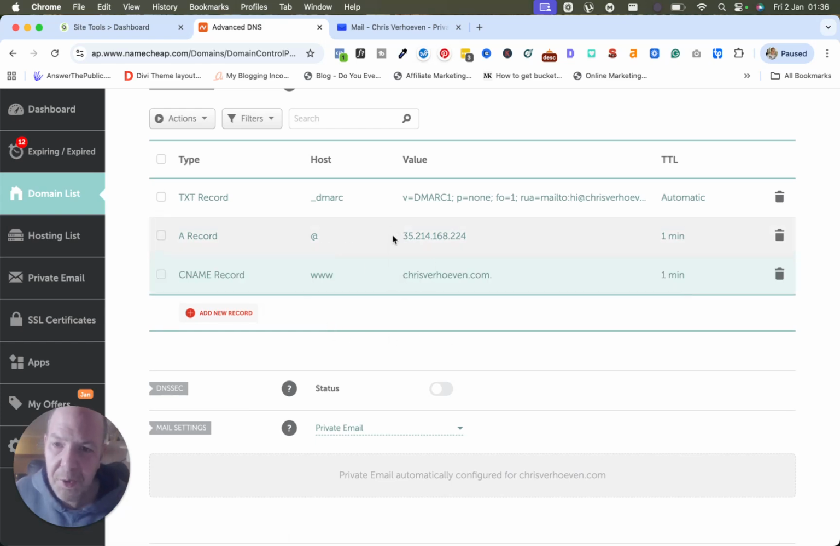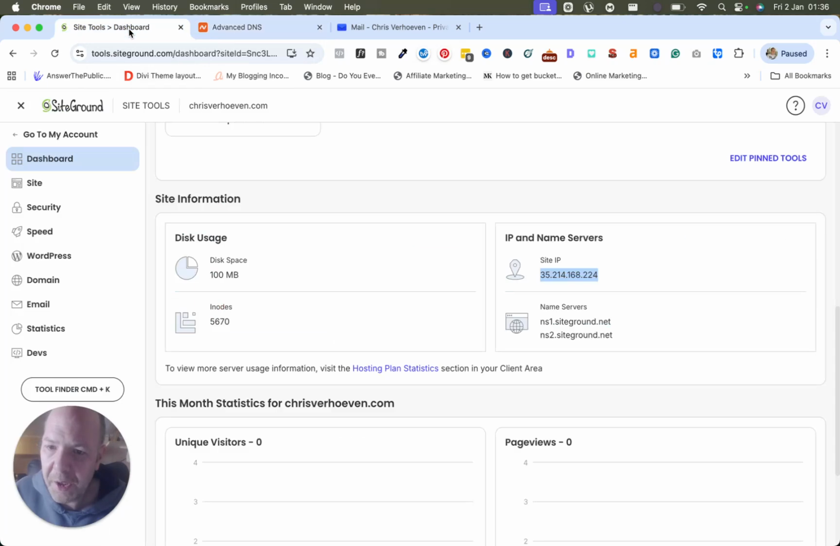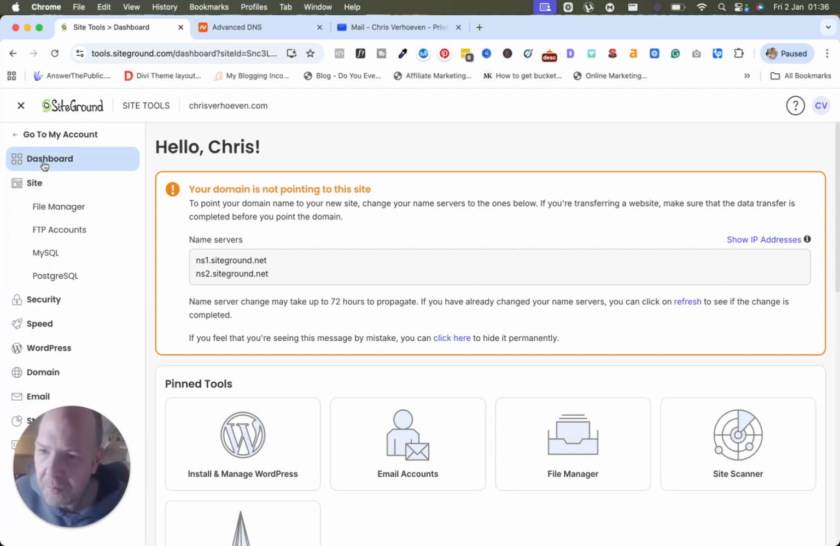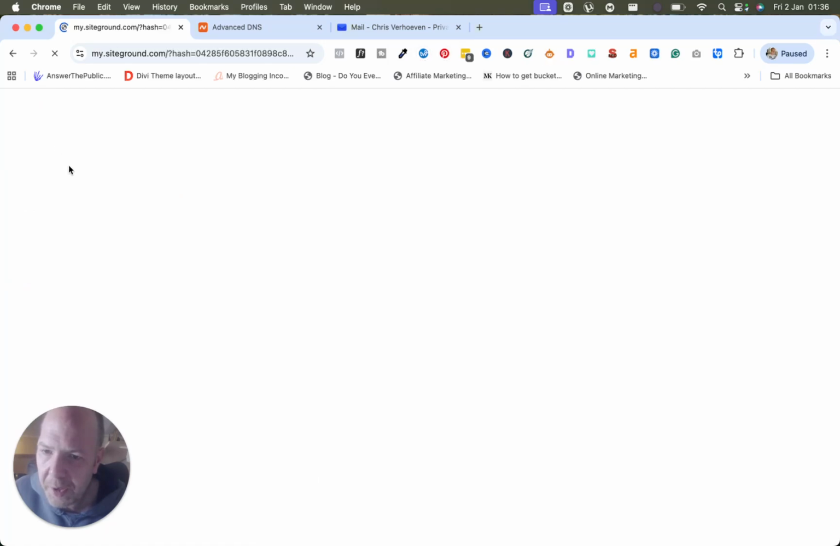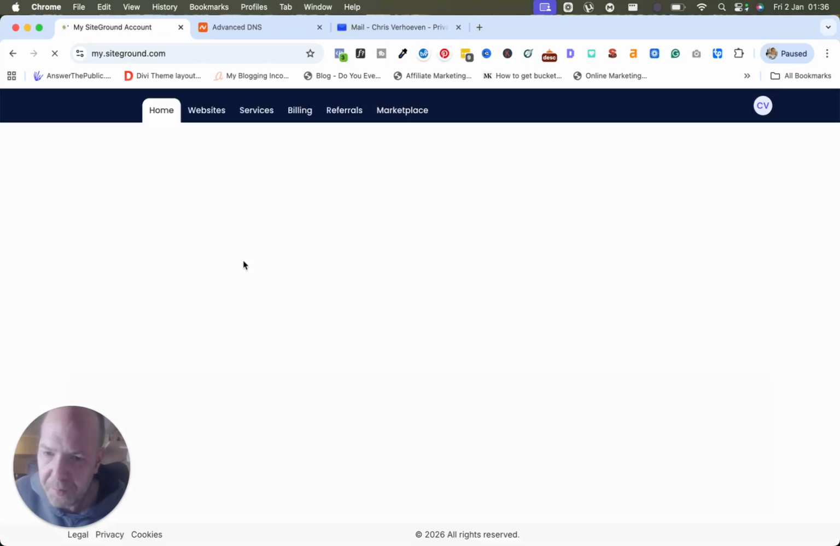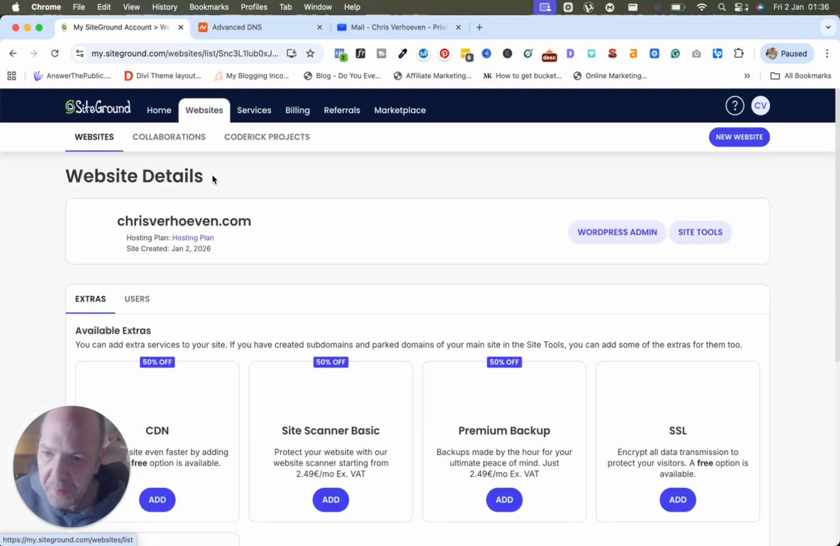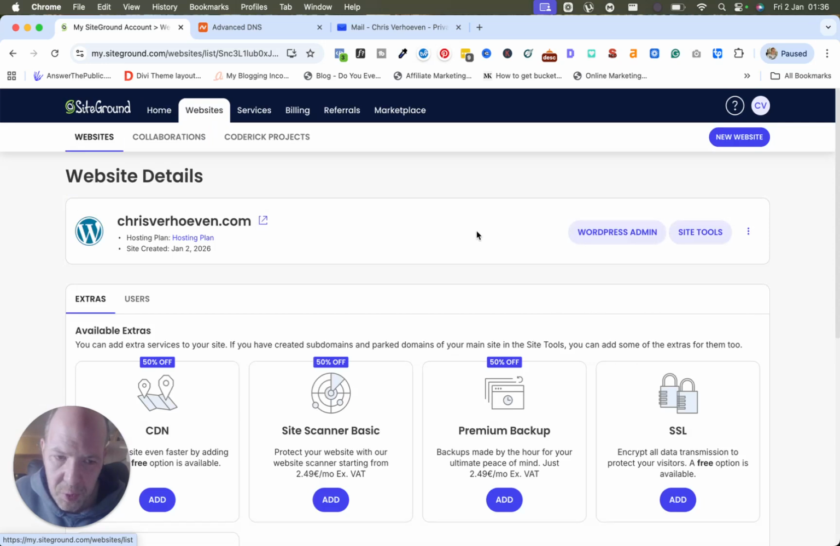That is all you have to do over here. Then you go back to SiteGround. It will tell you your domain is not pointed to the site yet. That can take a minute. When you go back a little bit, you click on websites. As you can see here, you have your own first website. If you go to WordPress admin,